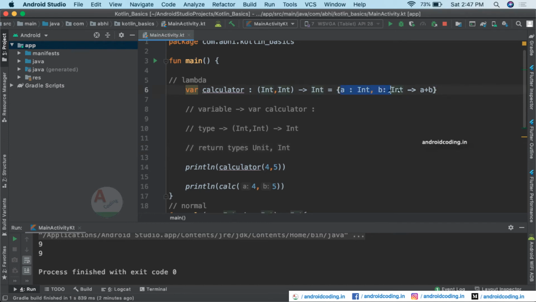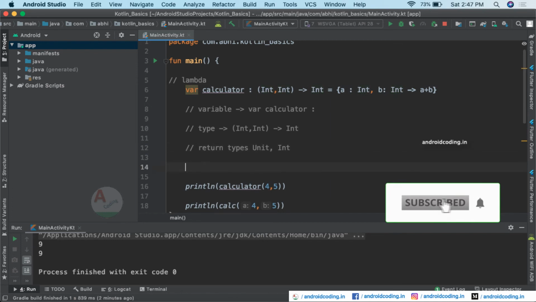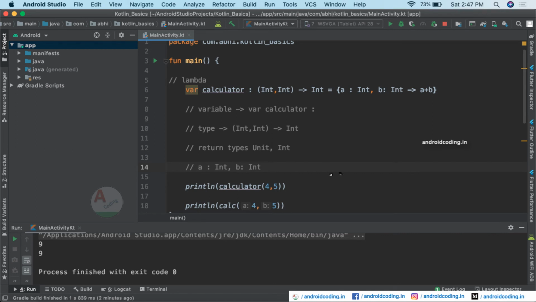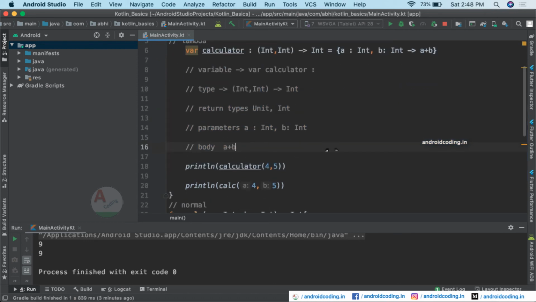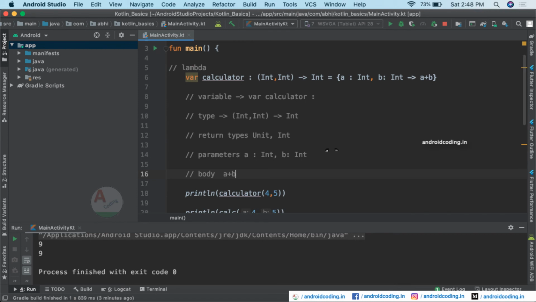And also this particular block deals with the parameters. So what are all the parameters you are trying to pass into this method, and this particular block is our body here, parameters here. So I think this is a very detailed way of how you can understand this lambda expression function. So try to make a note of this, so that it will be easier for you to understand and remember in future when you are trying to deal with this.